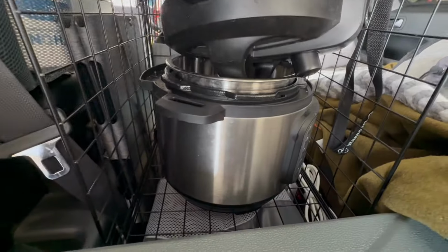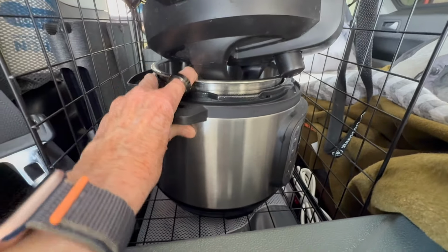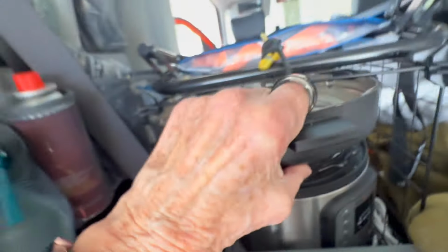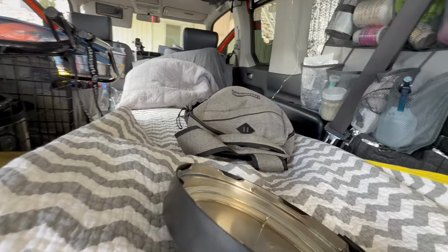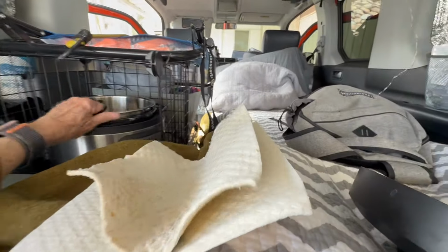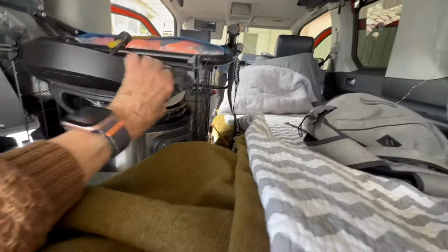Okay, this is my Instant Pot, 3 quart. So it's easy to slide out right from here. If this rattles, which I think it will, I'll grab some of those cloths and put those in there. I wonder if these things would help it not rattle. Let's just try. Well, already rattling. Okay, I'll deal with this one. I'm not holding a camera. Okay,